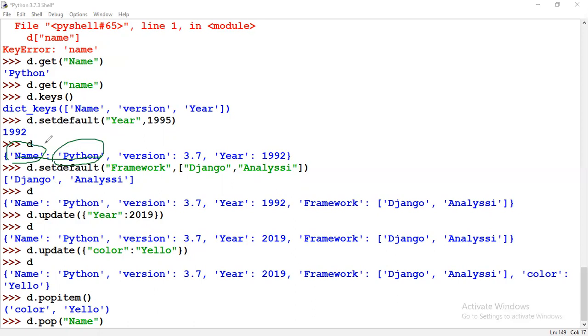Again, I am repeating. When you are using pop, it removes only the key name. It won't remove the key value. But after a second, Python doesn't know which key name this key value is a pair of. It doesn't find the key pair for this key name. So it is